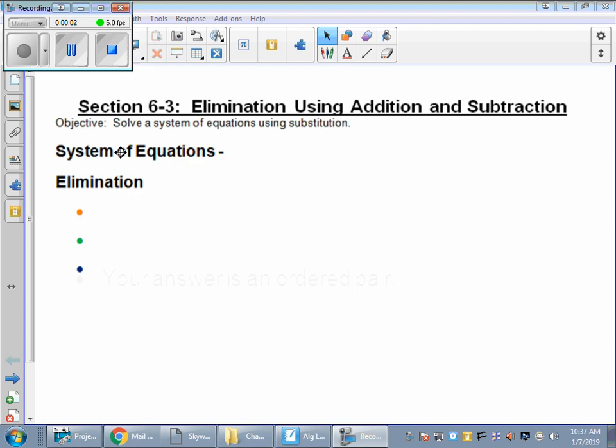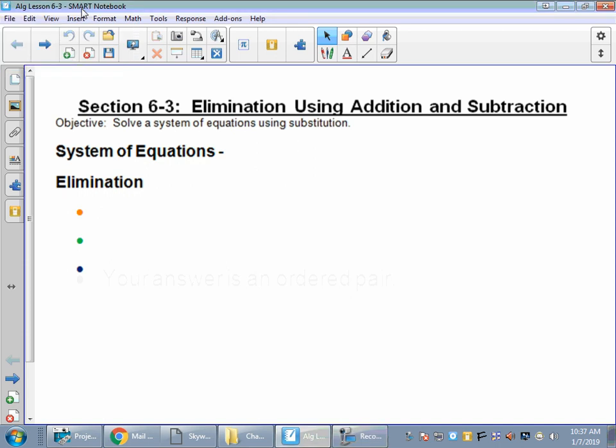Okay, welcome back. Algebra, section 6.3, elimination using addition and subtraction. Our objective here is to solve a system of equations using elimination. I don't know why I put substitution there. Elimination. It's just another method to solve a system of equations, using addition and subtraction. We actually have two sections on elimination, one with addition and subtraction, and then one with